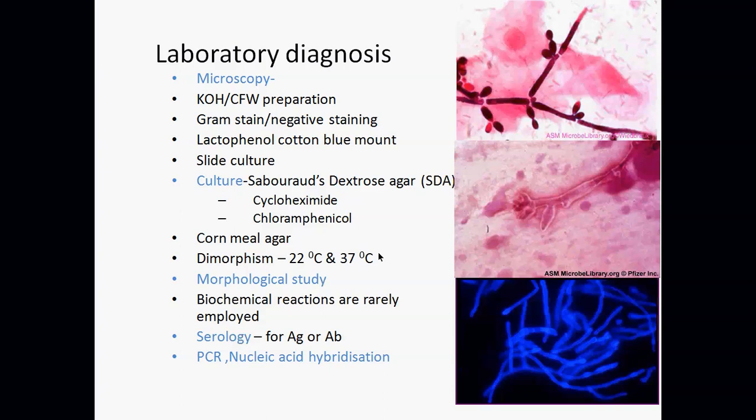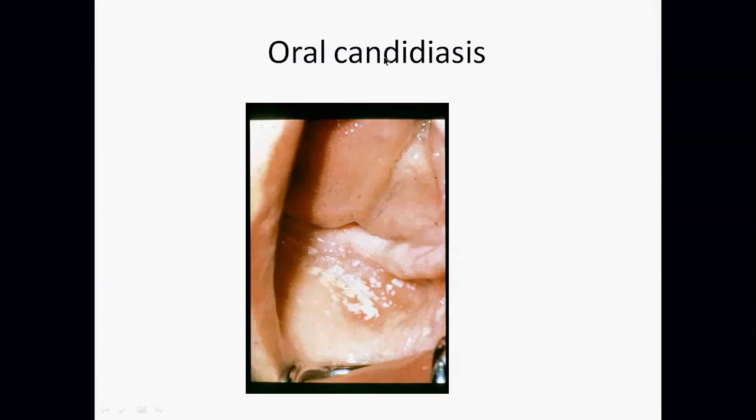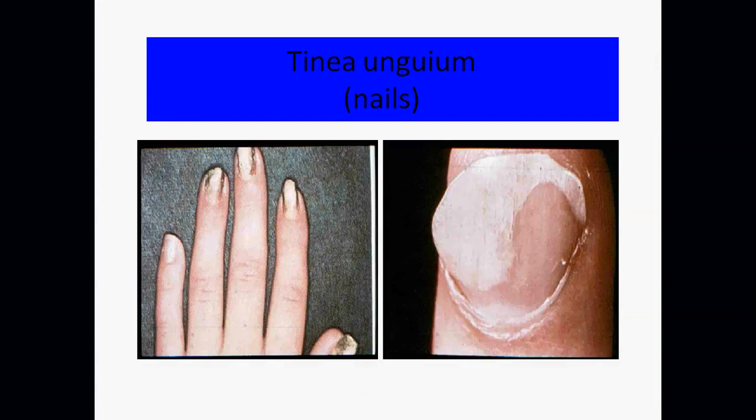show you some clinical photographs of fungal infections so that you will come to know what different specimens can be collected for diagnosis of fungal infection. Now this is a picture of oral candidiasis. You can see very well the white patches which are present in the oral cavity. This is usually due to the fungus Candida. This is a surface infection in the mouth.